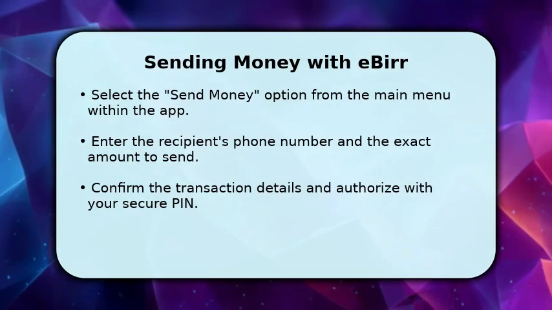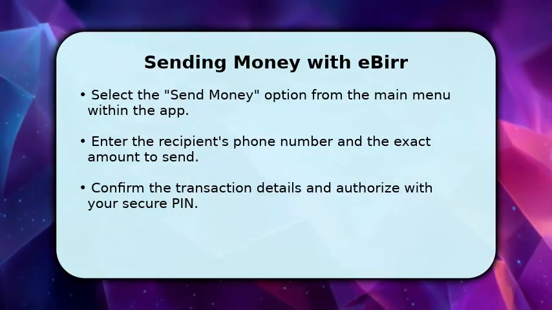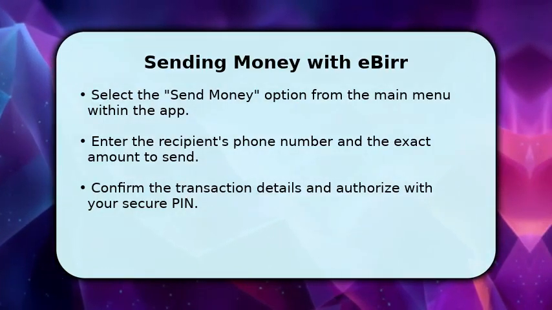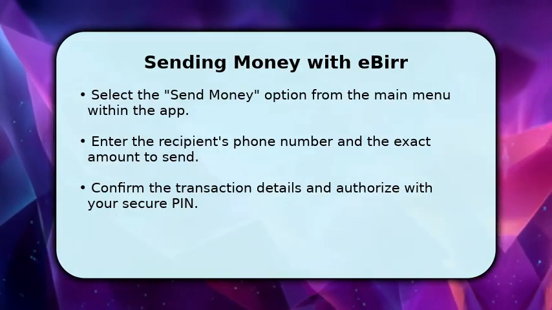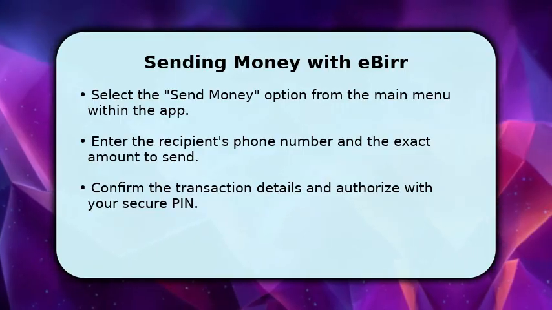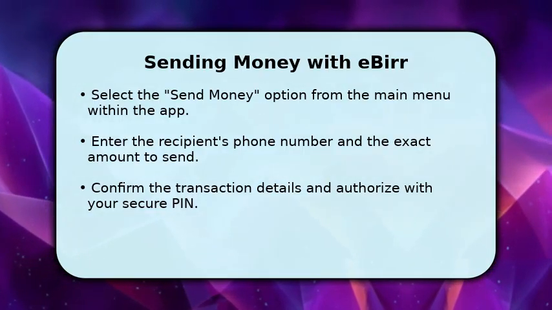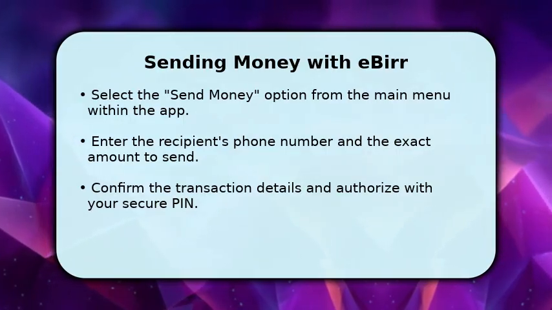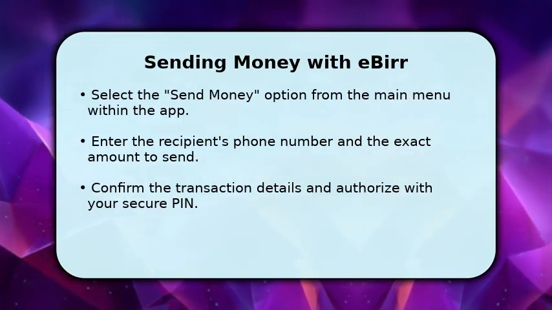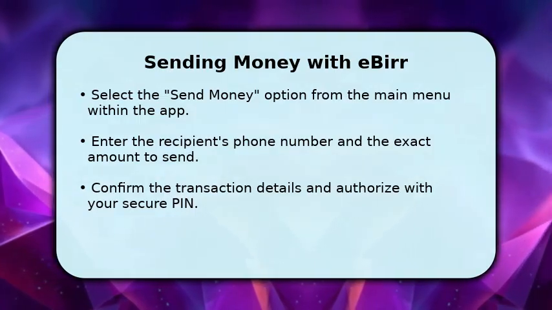Sending money with Ebirr is straightforward and quick. From the main menu, simply tap on the Send Money option. Next, you will accurately enter the recipient's phone number and the precise amount you wish to transfer. Double-check all the details on the confirmation screen to ensure they are correct. Finally, authorize the transaction by entering your 4-digit secure PIN, and the funds will be sent instantly to the recipient's